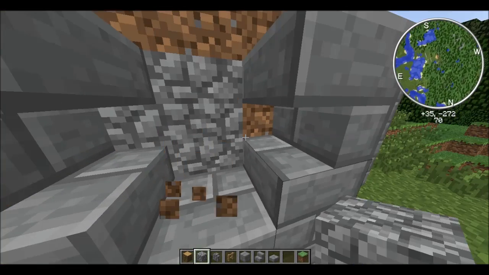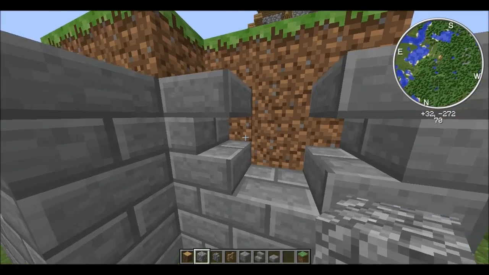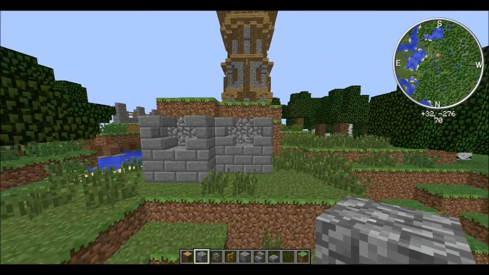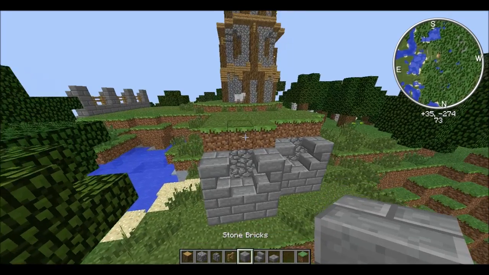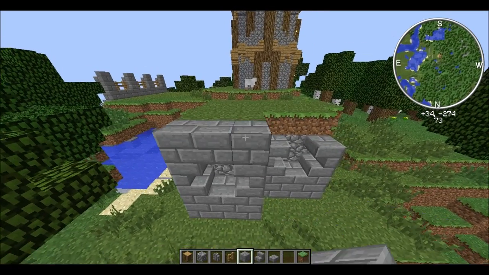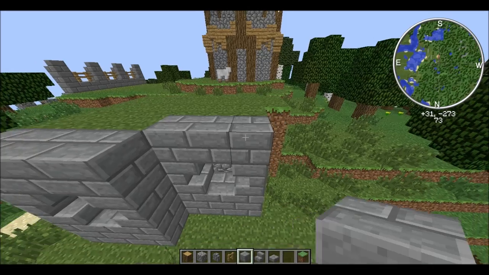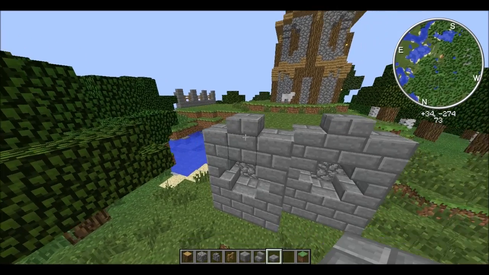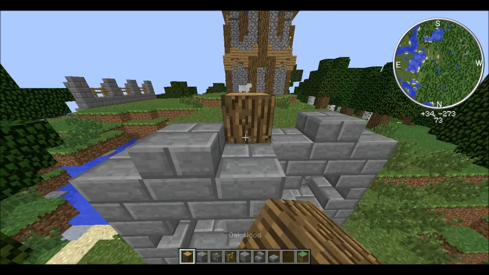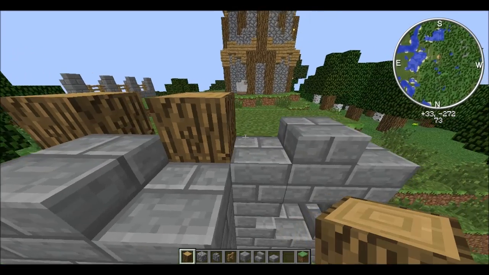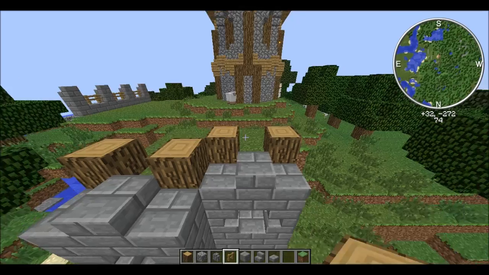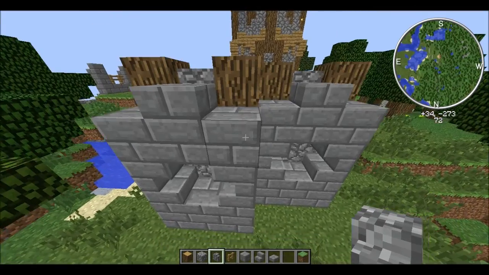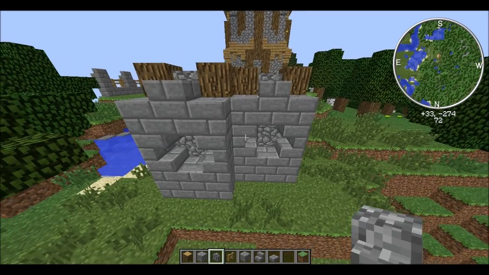And as you can see, my dirt grass wall behind it isn't completely a real hill like the other ones were, but oh well. And instead of doing it the way we did it last time, we're just going to do it like this, so that there's 3 blocks like that, and then place a half slab in the center like this. And then on the grass right behind it, place wood like this, and behind it like that. And then between the wood, place a cobblestone fence wall. I think it's a fence myself, but it says wall.